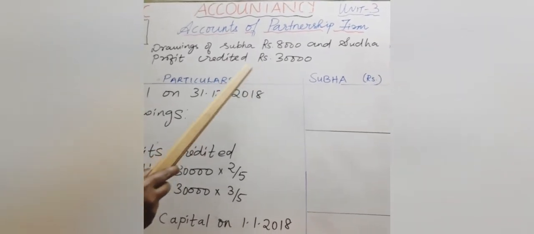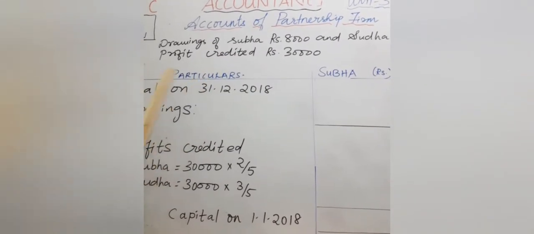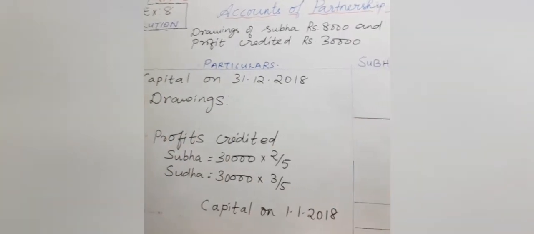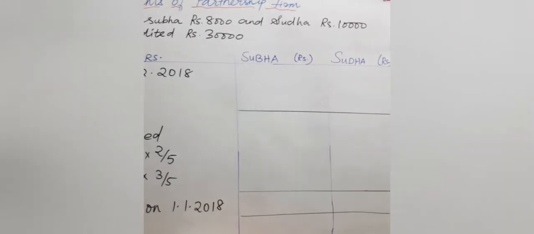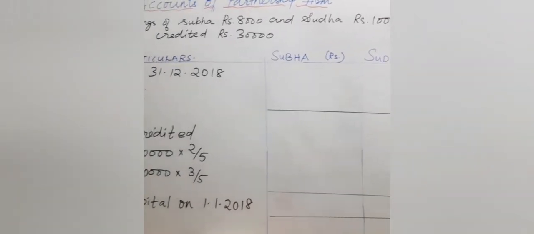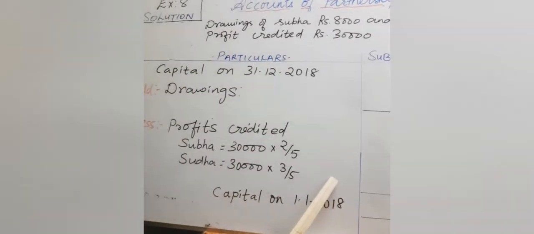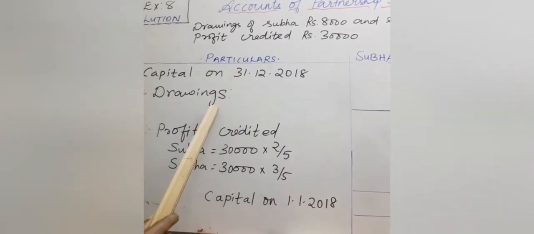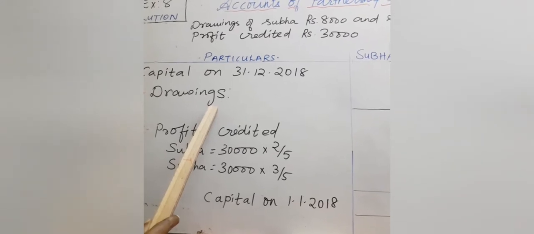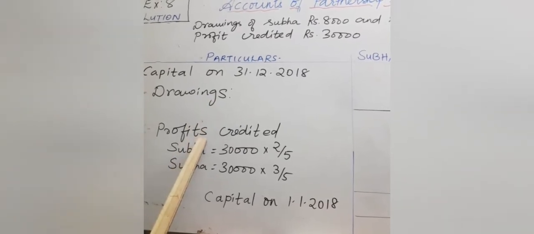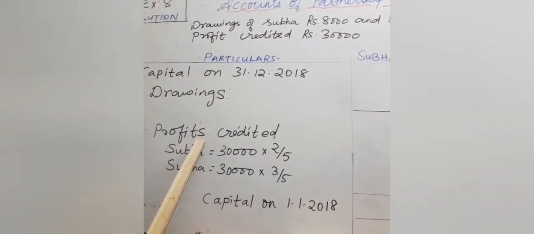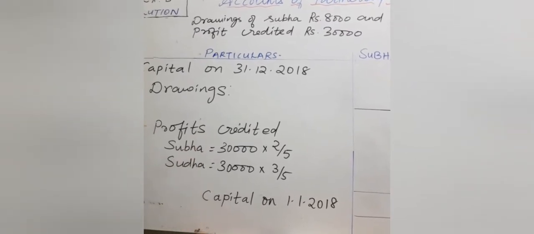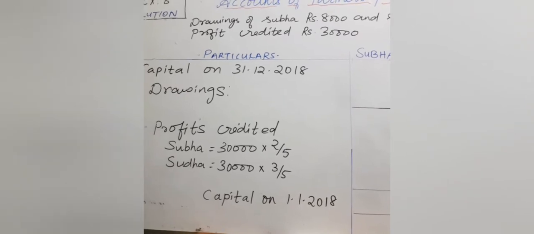Okay children, you should remember, the first method we used a formula and another method we learned to prepare interest on capital by using a format. Now I have applied this format here. Hope you remember. You take the closing capital, add drawings along with that, and if profit is credited you have to subtract it. Finally the answer you get will be the opening capital. So that is what we are going to work out now.